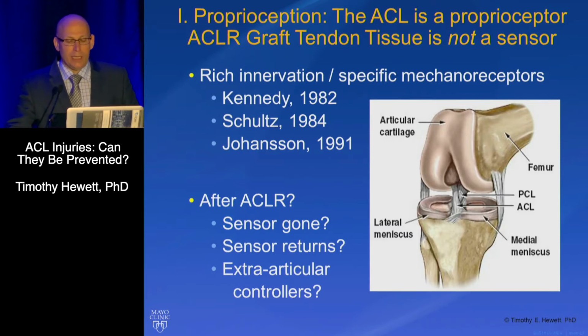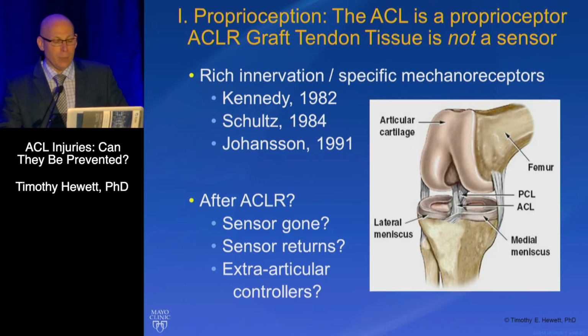So the ACL is a highly elastomeric tissue, but it's more than just that. Kennedy, Schultz, Johansson show it's about 3 to 6% mechanoreceptors. It has every type of mechanoreceptor, including free nerve endings. And after the ACL is ruptured, that sensor is gone. Does the sensor return? Probably not. What you're doing as rehab professionals is developing...